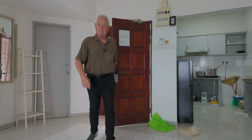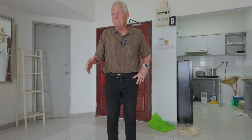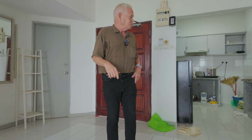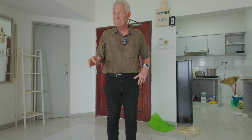Okay, I'm going to start out with a little apartment tour here. This place is okay. It's a 2-bedroom, 2-bath, nothing fancy. Nice little area, great balcony with a great view on the 26th floor, so that's really cool. So let's take a look at the bathrooms and the kitchen and the bedroom and the view, because I like